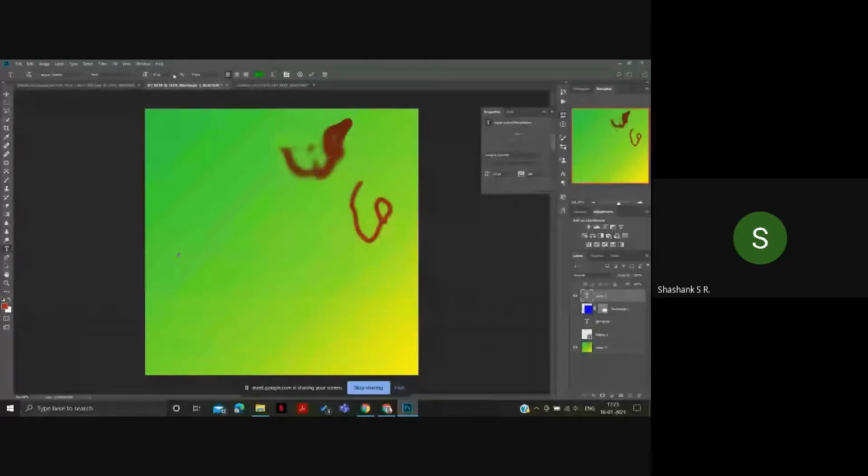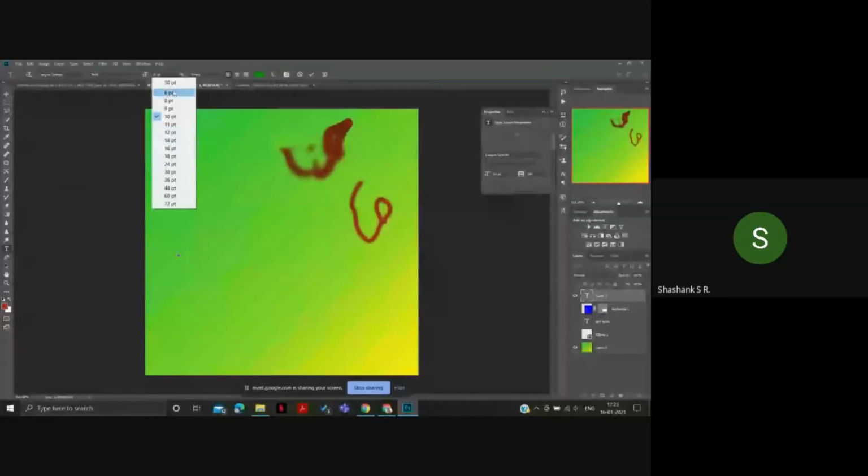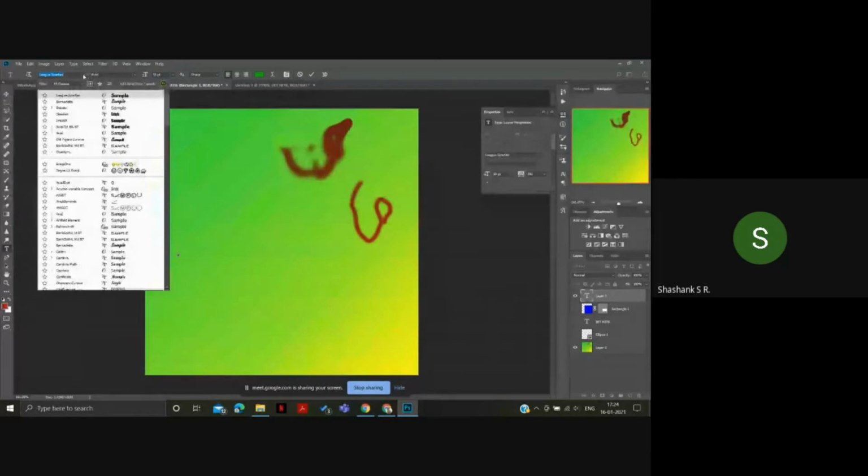This icon is used to increase or decrease the size of the text. It's given from 6 to 72 points. You can enter it manually also, for example, 55. And then these are the fonts.